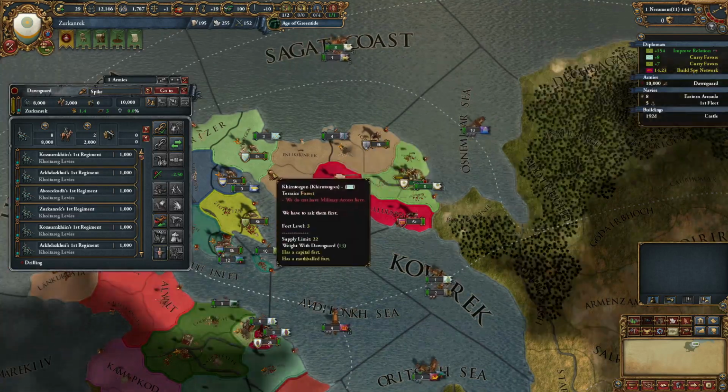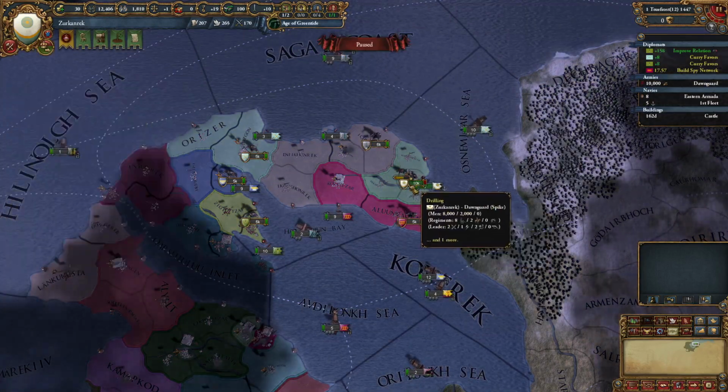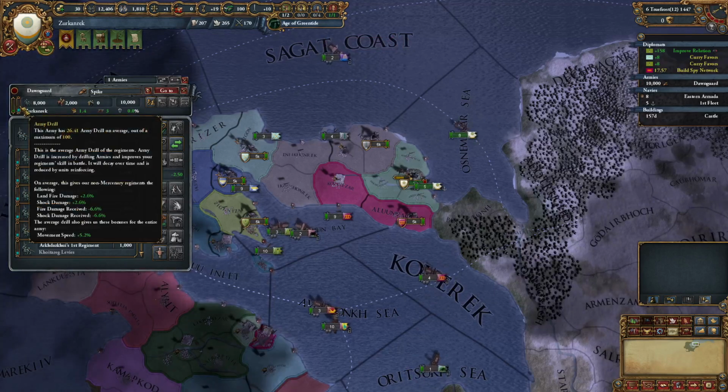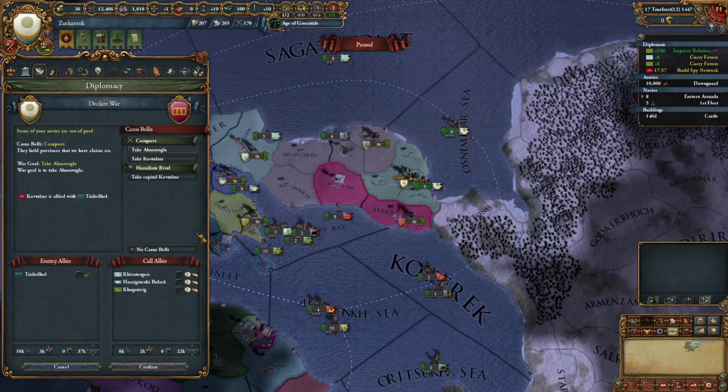Now, if I wanted to bring in some allies, I don't actually know if we need to. Oh, let's drop the drill. Probably don't need to bring in any allies to this war. I mean, it depends who's going to join in there? So it would be...